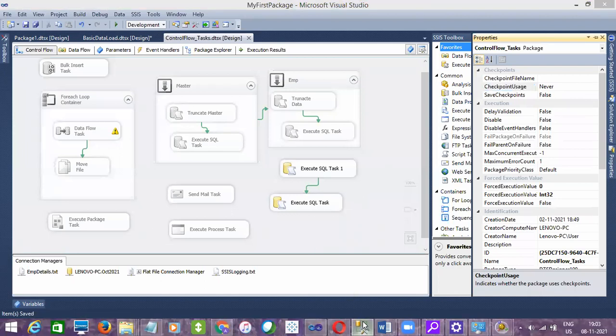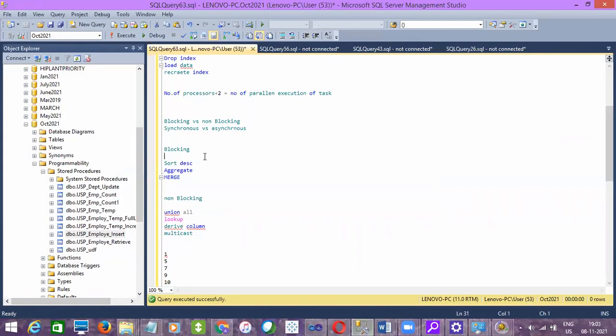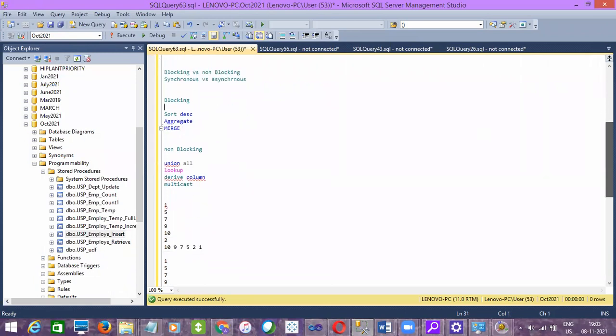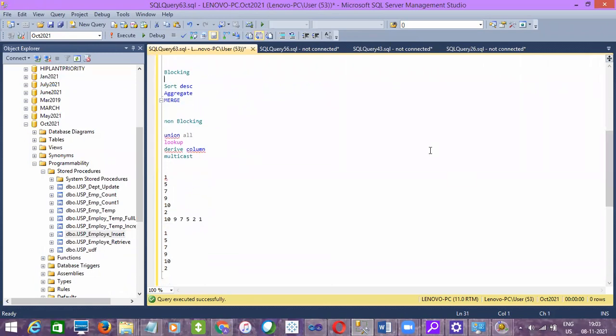And if your source is a text file and the data of the file is huge, what is the alternative to the data flow task when the source is a text file? Which task do we need to use? Bulk insert. Yeah. So use bulk insert if the source is a text file and data is huge.